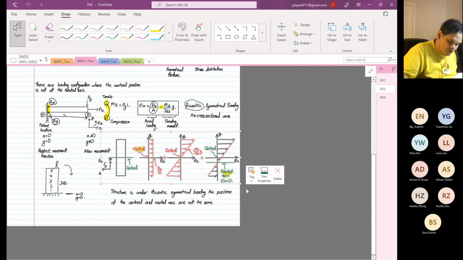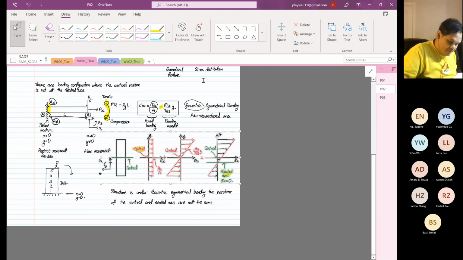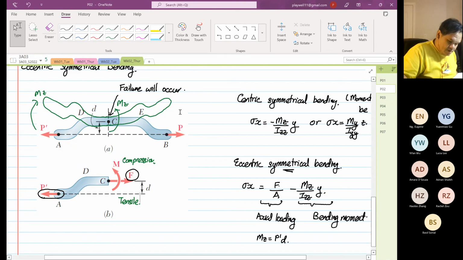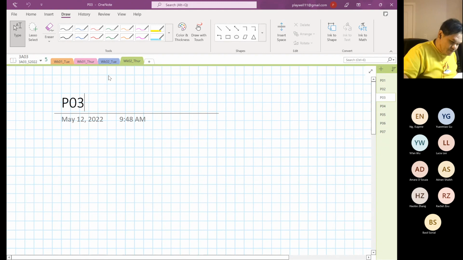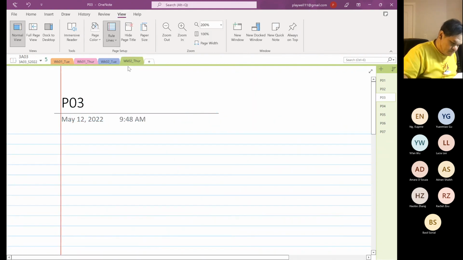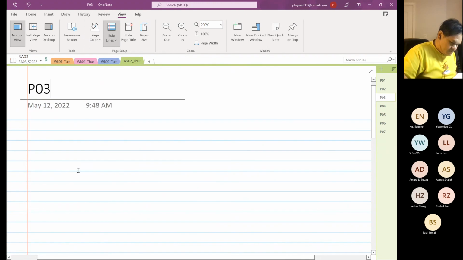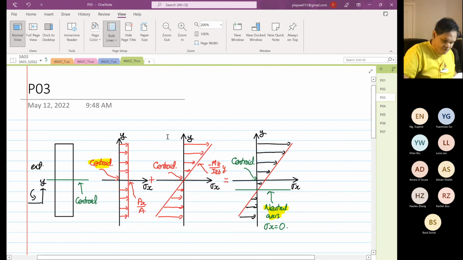So we have drawn this. I'm not going to go through drawing all this again. Okay. So this is how the stress field will look like. Okay. The only difference is I have to, if I